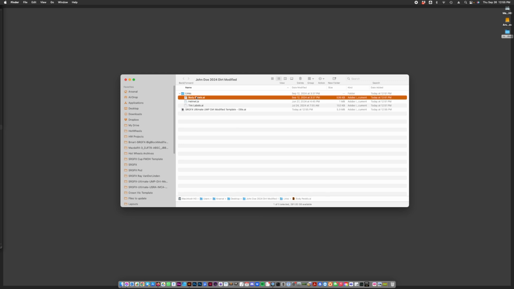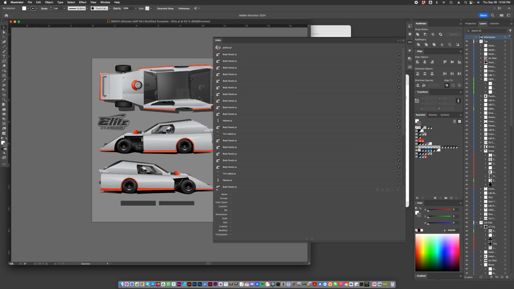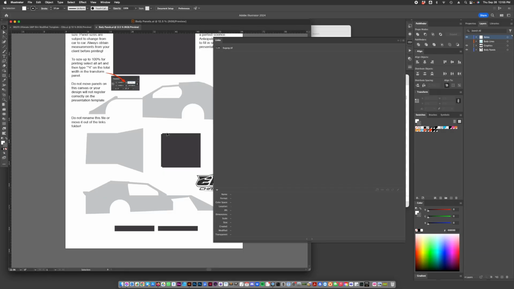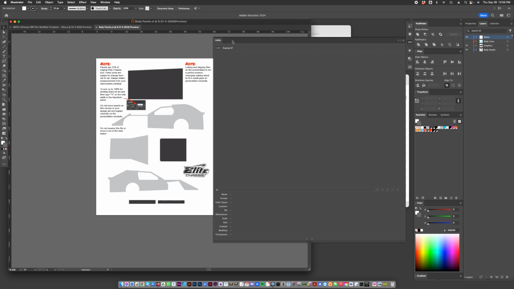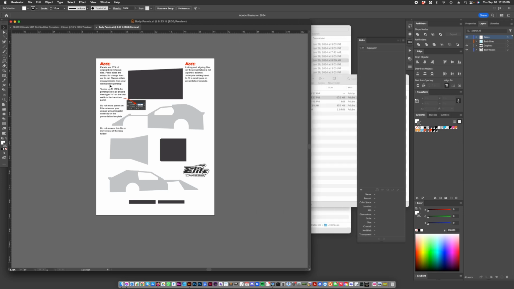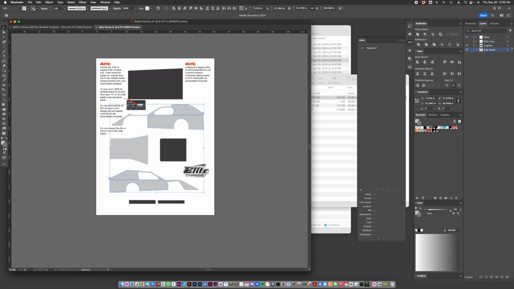And essentially this body panels file is set up to be at 24% or 1/4 of the full body panel. So the instructions are here on how to size it up. I'm not going to go through all that now because they're on the actual canvas. But you'll see here now when I click this or this or this and that, and I change the color to something else